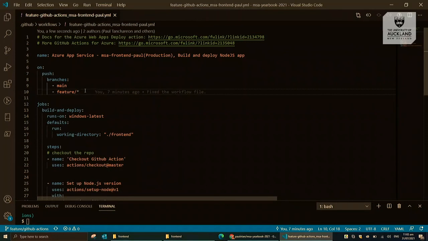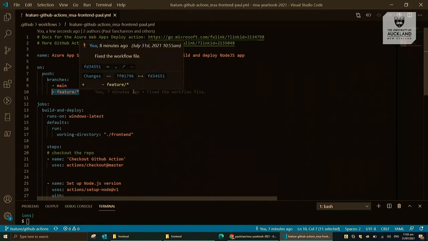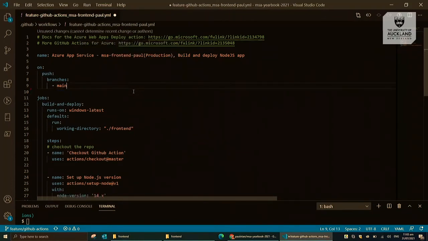Now Azure is going to rerun, rebuild, and redeploy everything. You probably don't want that to happen. So what we're going to do is remove the feature from the trigger. And let's go ahead and